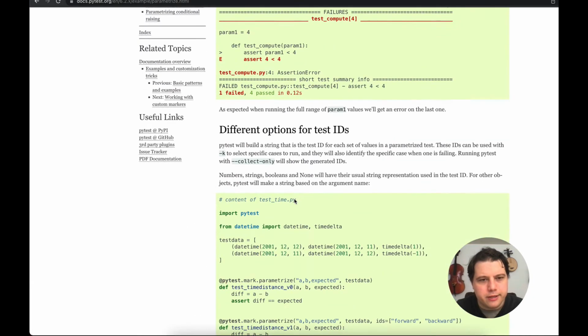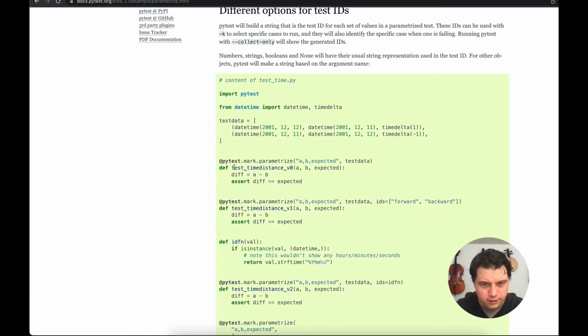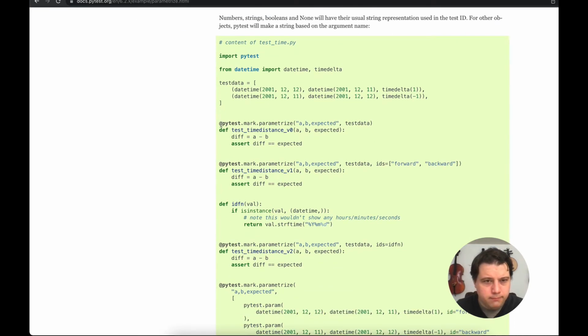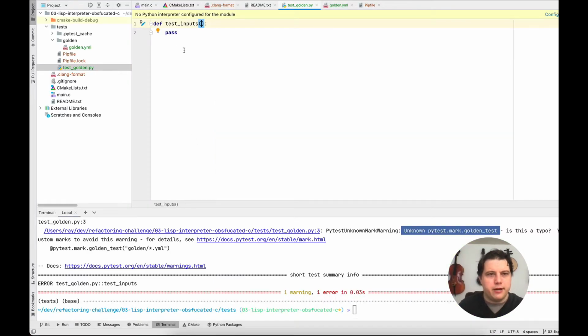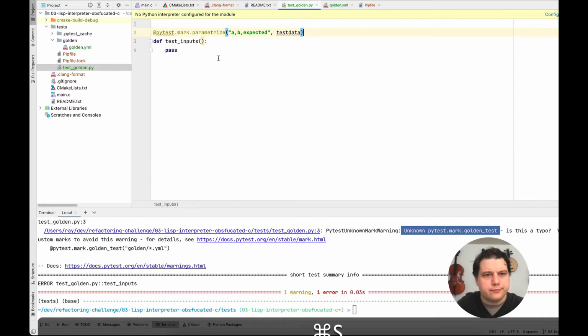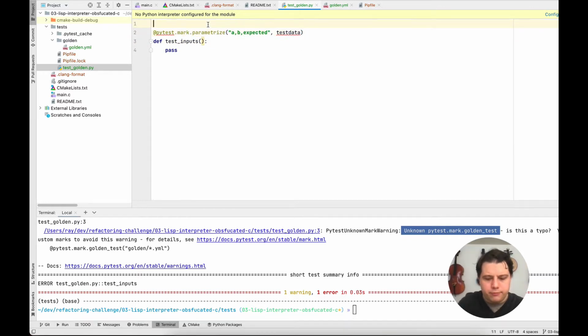So let's try and do it that way, a little more simply. So we can just mark a test as parameterized. We need to import PyTest, and